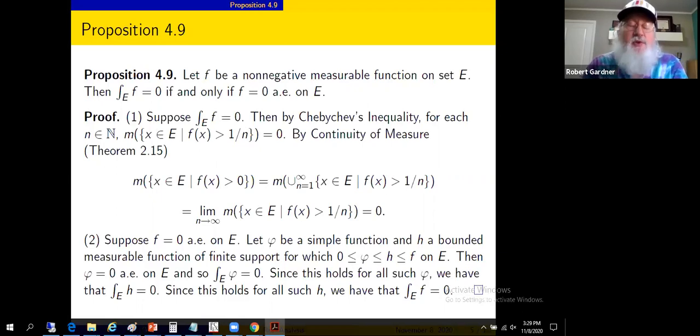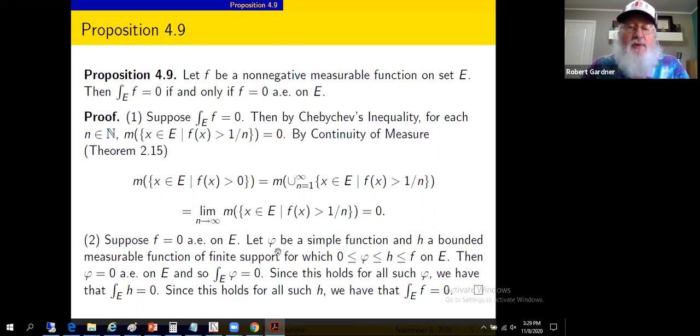The non-negative function must be 0 almost everywhere. Let's look at the converse. Suppose f equals 0 almost everywhere on E. A very reasonable way to approach this would be some sort of additivity, but we don't have that yet either, so we have to go to the